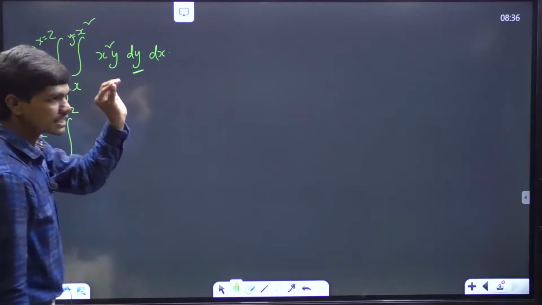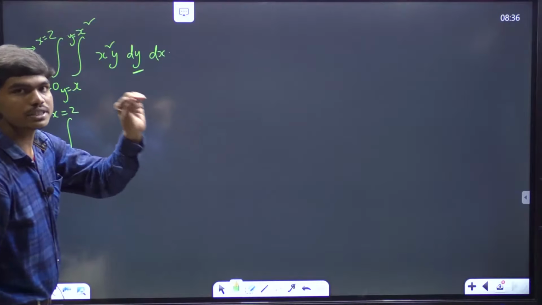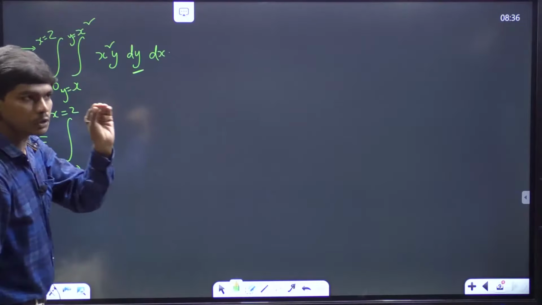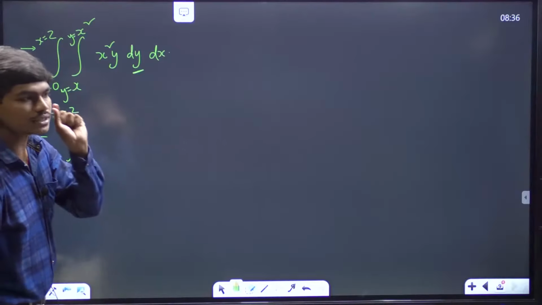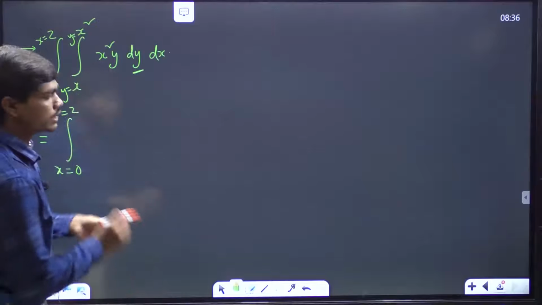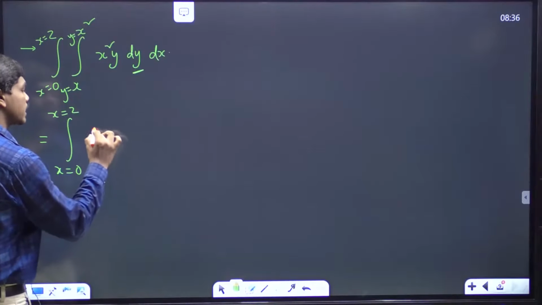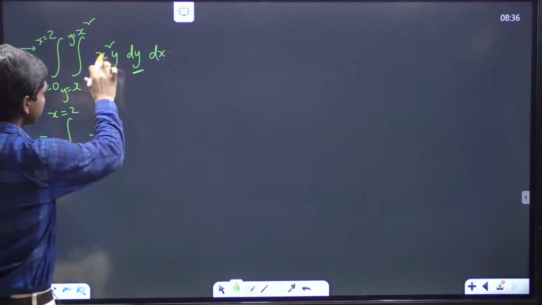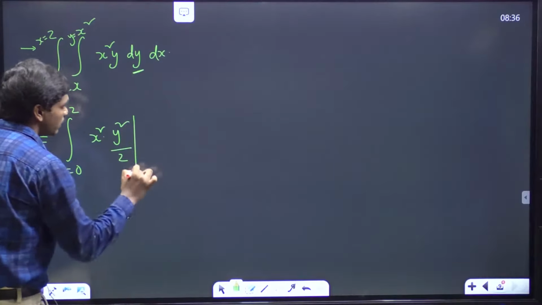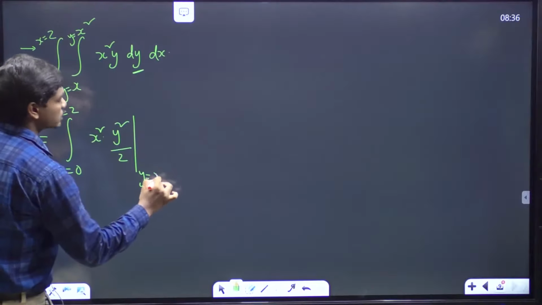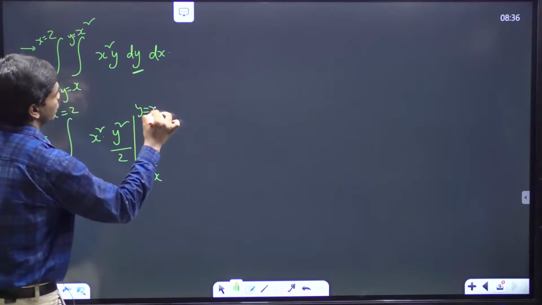When you are integrating with respect to y, you will treat all other variables as constants. And here, of course, there are only two variables, x and y. So when you are integrating with respect to y, you will treat your x as constant. So if your x is constant, your x square doesn't change, it stays as it is. Now, integration of y with respect to y is y square by 2, correct? Within the limits, y is changing from x to x square